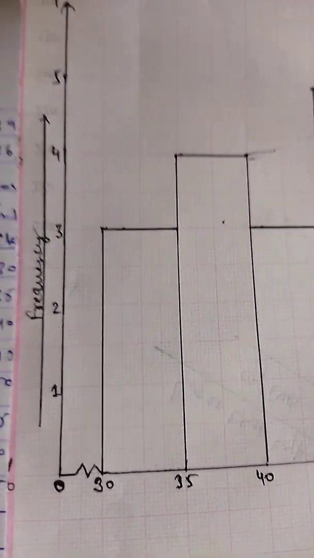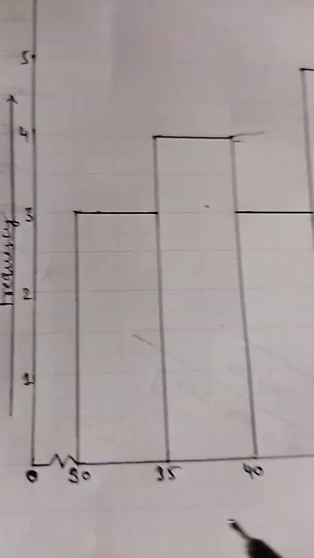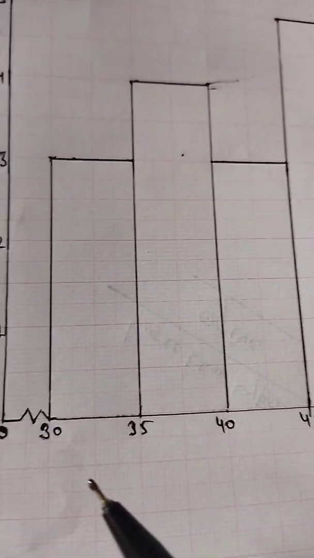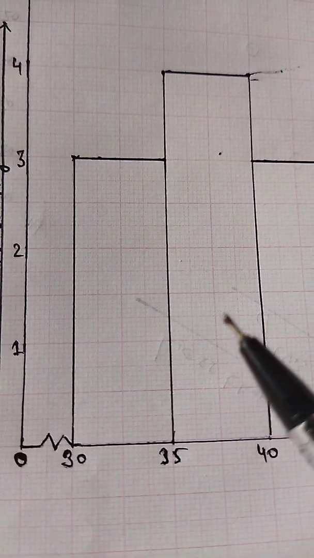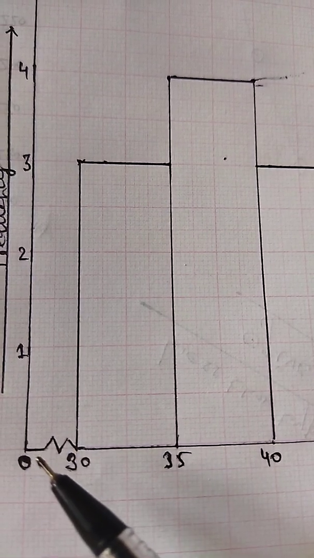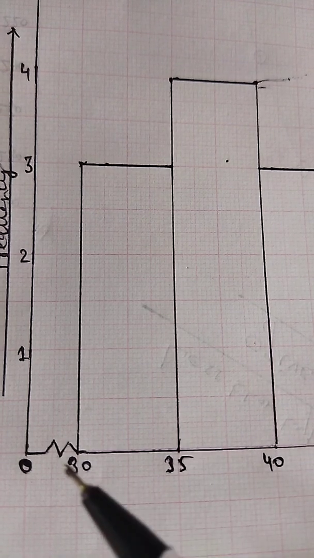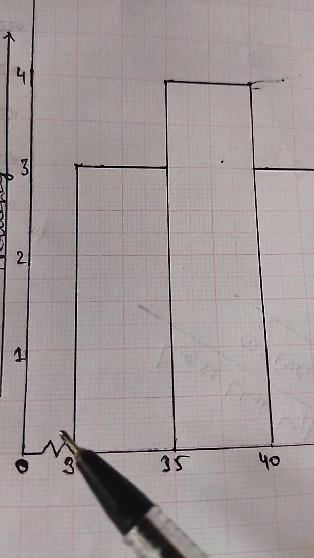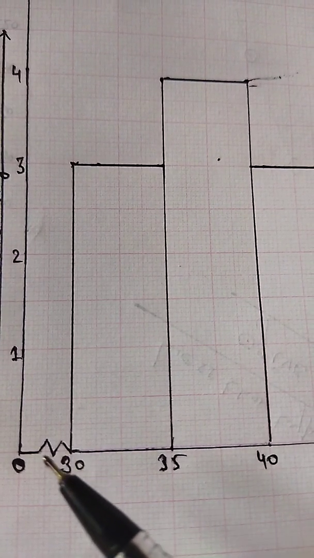The second part is, once you have done this, now to draw the histogram, you look at this graph I have drawn over there for your reference. Again you can draw the lines of axis, one along the y-axis and another along the x-axis. As I told yesterday, this mark of kink is needed because your data is starting with 30. If you start with 0, you don't want to show 0 to 5, 5 to 10, 10 to 15 and so on, so leave all those. You begin with 30. So before 30 you have to show this kink somewhere. What does it mean? Yesterday I explained.